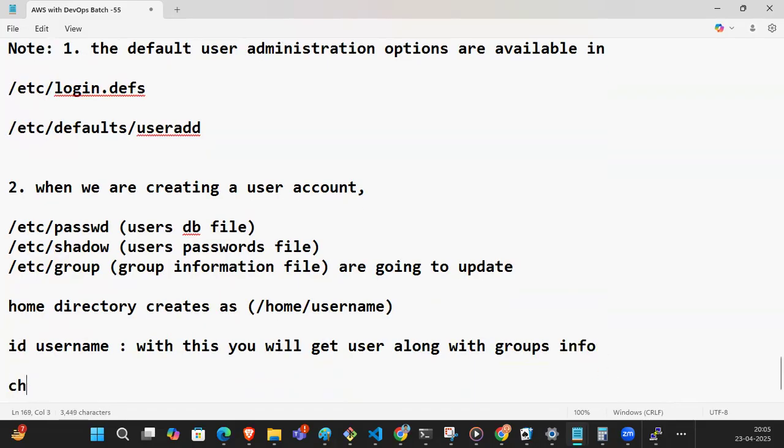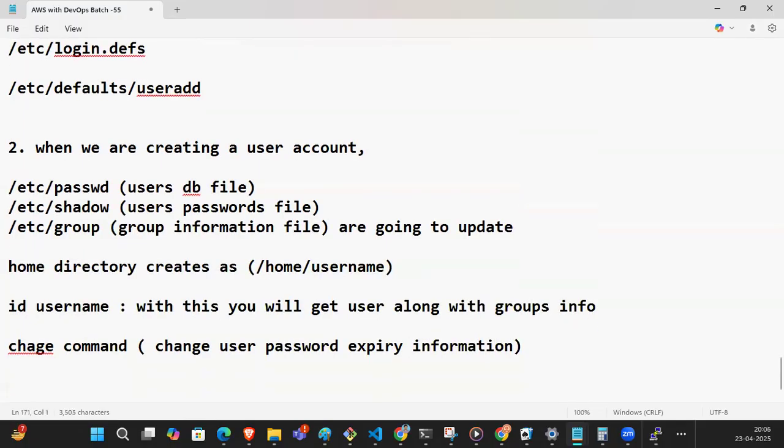The last command, guys, the chage command. What is the command, guys? chage. Change user password expiry information. So the chage command. So whenever you are something like a Linux administrator, you are a Linux